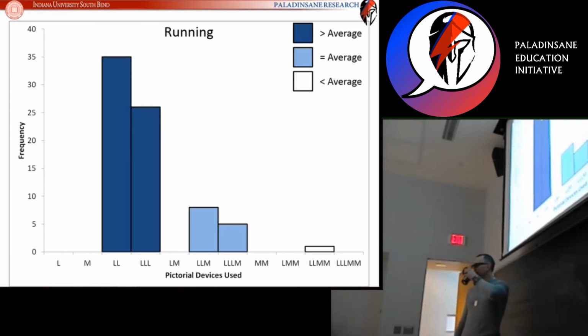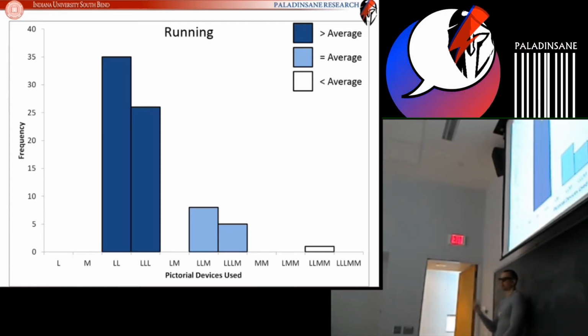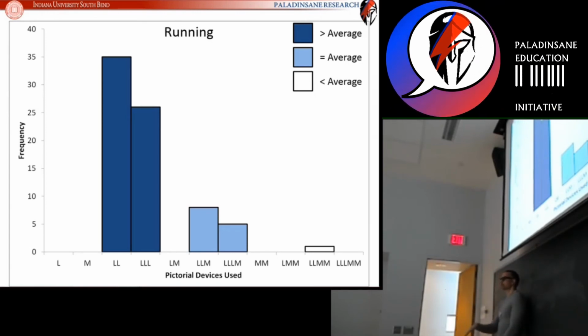Were any of the devices used more than others? I feel like posture would be used. Yeah, posture was one that was used extensively. So in other studies of pictures of motion, you will find that different motions use different devices, more or less. Running is one that by far uses one the most, and that's posture. There was almost no picture that we found where posture wasn't included.